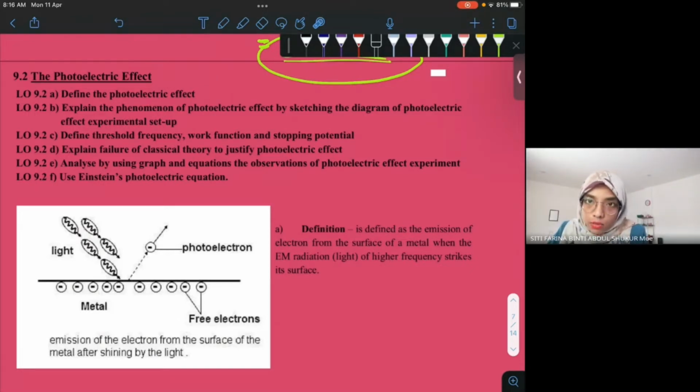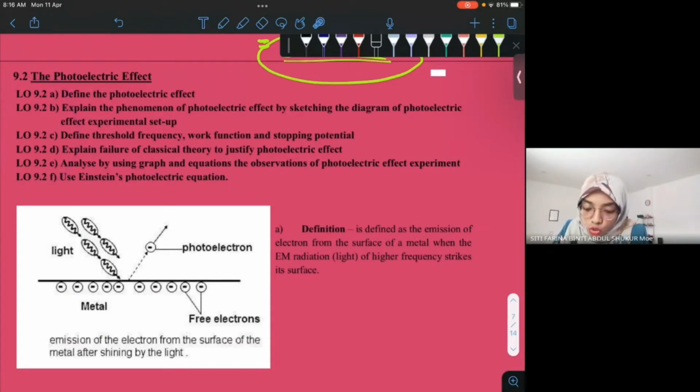So there are 6 learning objectives here: to define the photoelectric effect, to explain the phenomena of photoelectric effect by sketching the diagram of photoelectric effect experimental setup, define threshold frequency, work function and stopping potential, explain the failure of classical theory to justify photoelectric effect, analyze by using graph and equation the observation of photoelectric effect experiment, and to use Einstein photoelectric equation. Okay. However,